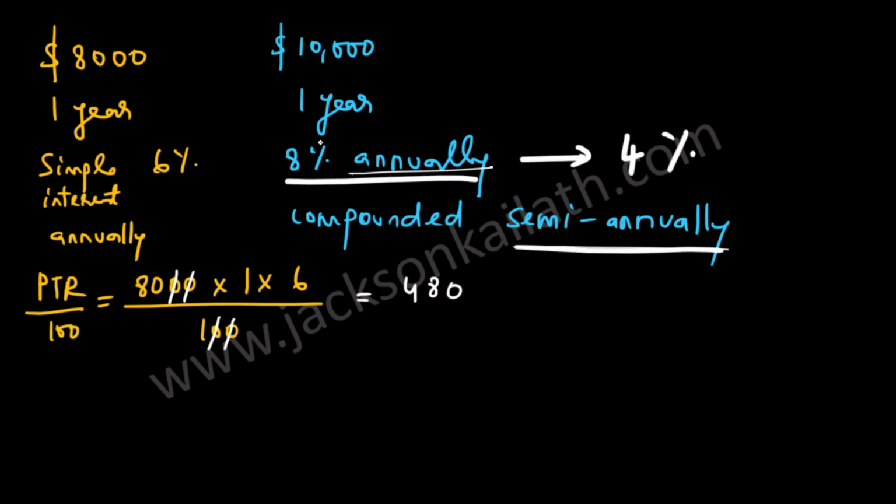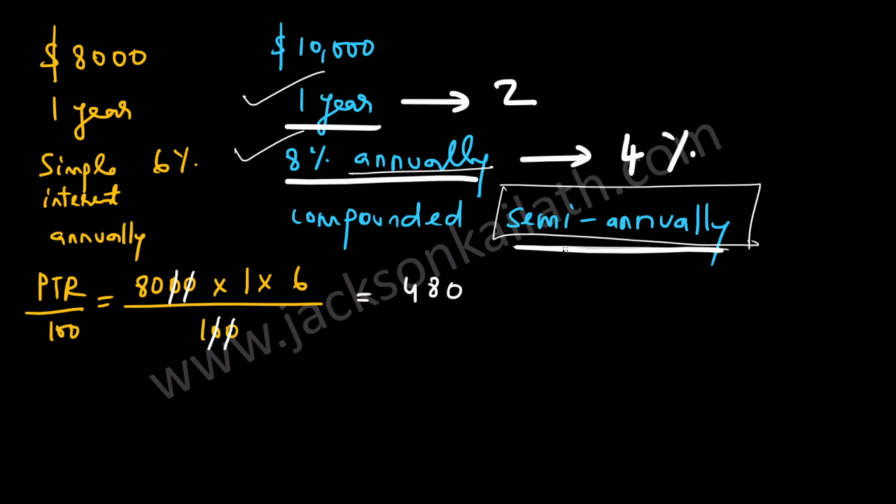And in 1 year, how many semi-annual periods are there? Semi-annually means half year periods, right? So in 1 year, there are 2 half year periods. So the time period over here becomes 2. Notice what we have done. We have converted the time period and the interest rate into this unit over here, which is semi-annually or half